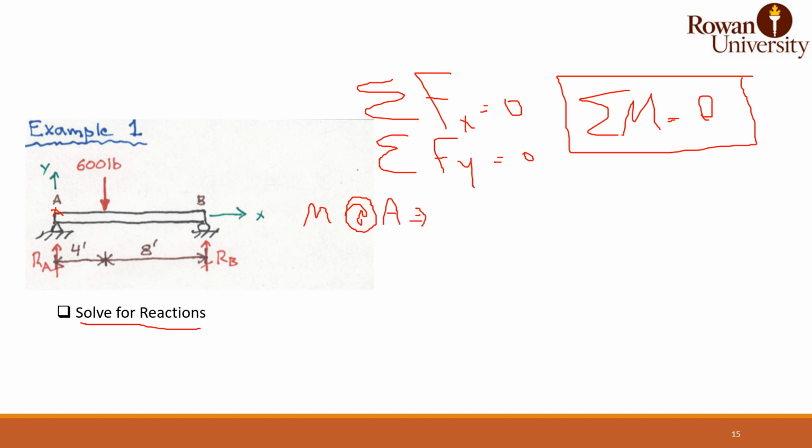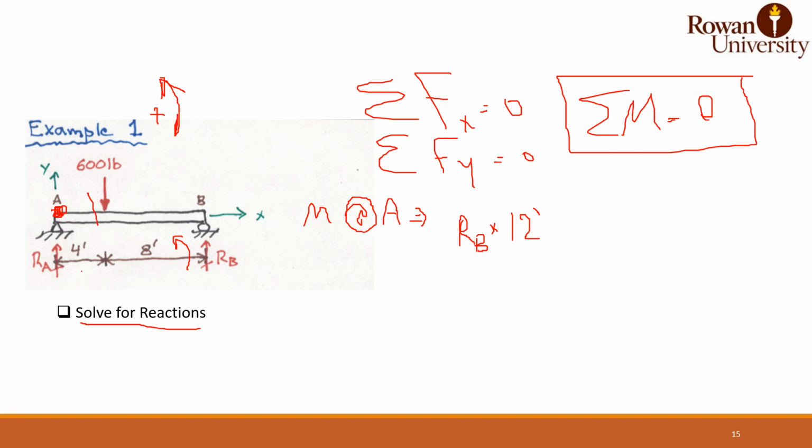This will give you the moment around this point. RA will be cancelled because the arm is 0. We will assume that this is going to be your positive moment, counterclockwise. As you can see here, the reaction RB is turning around point A counterclockwise. So here RB times 12 feet positive